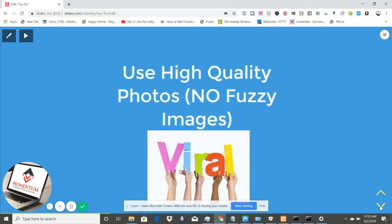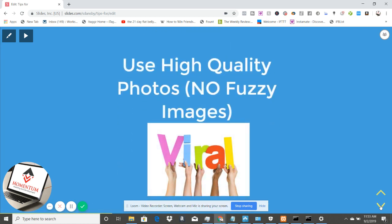Okay. Next thing, use high quality photos, no fuzzy images. Okay. So can't really stress this enough, how important it is to use high quality photos. Now, this does not mean that they have to be all photographer quality. If you can get those, that's perfect. If you can't, phones and mobile devices, tablets will take really, really, really good pictures these days. Okay. So don't sleep on the quality of photo you can take using these devices,